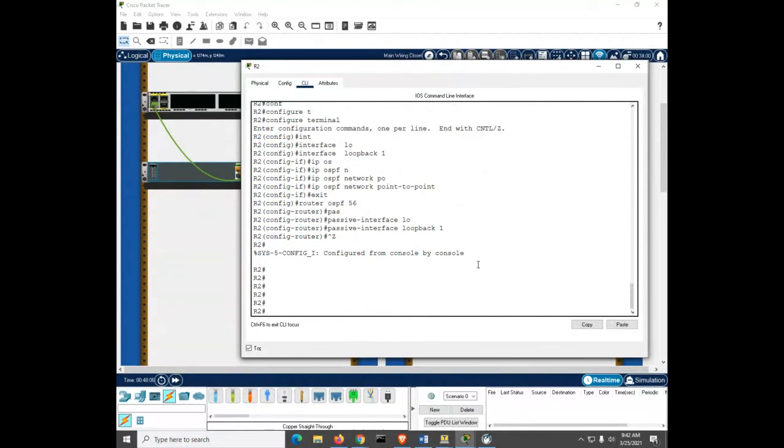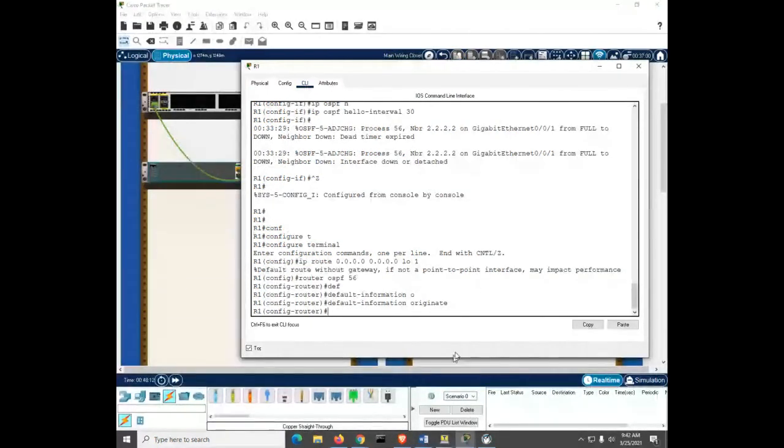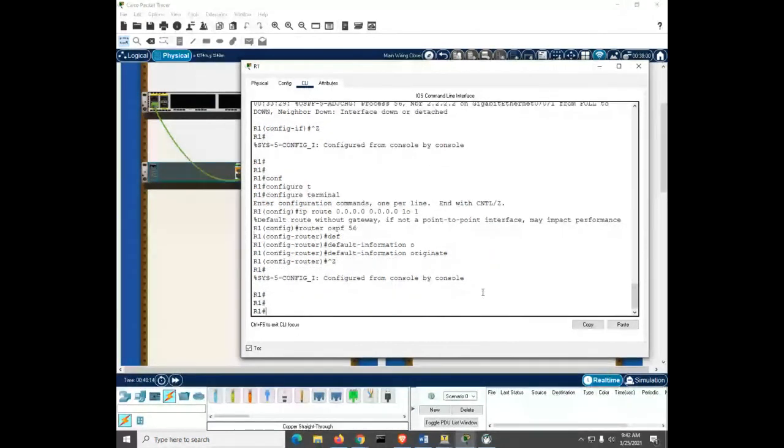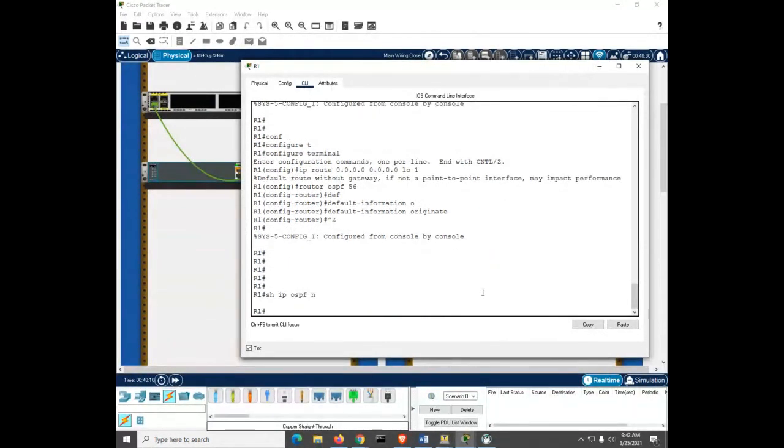Okay, now he's going to have us change some bandwidth values. Let's go back to R1. I want to check to see, did our neighbors go away? Our neighbors went away. We changed those timer values, and he never had us fix that. So I'm going to fix that so we get our adjacencies back, so that the routing tables will be up to date here. So I'm going to go to R1